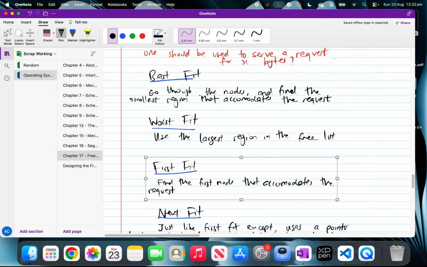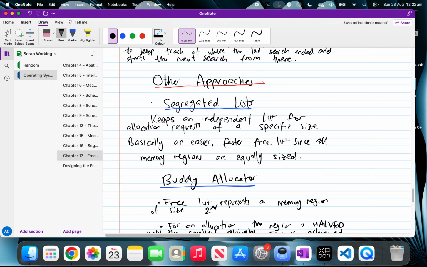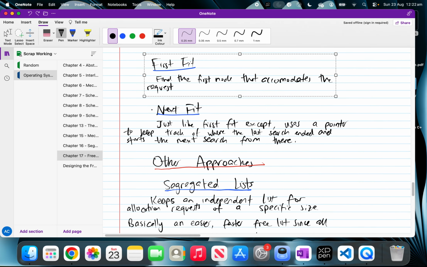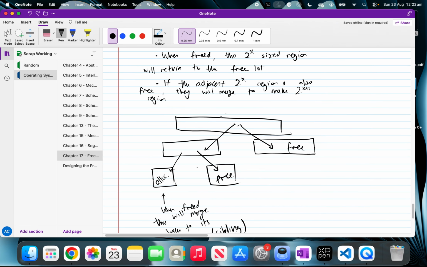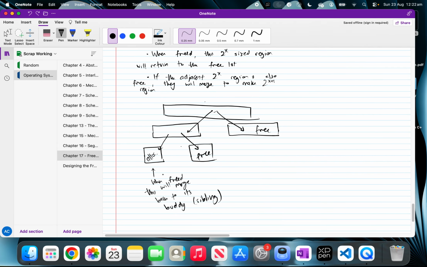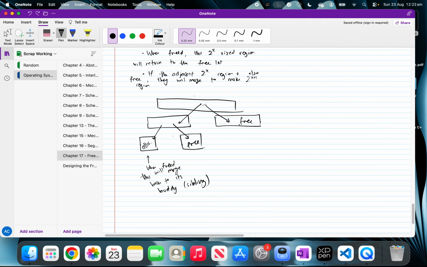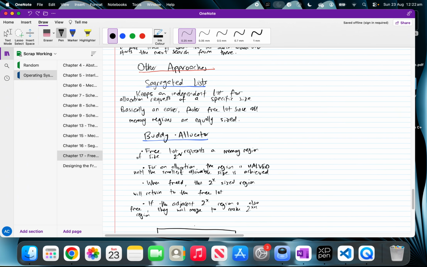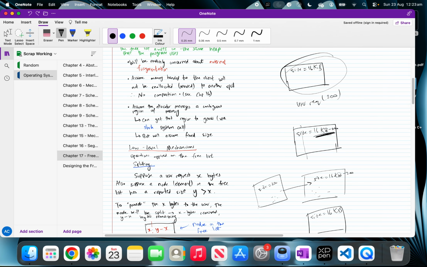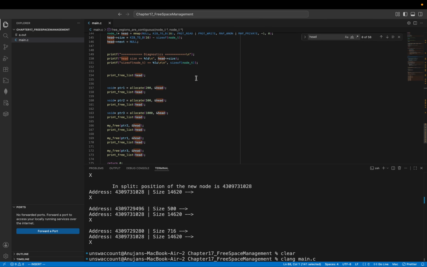So you could extend it by doing that, and there are also more sophisticated methods of doing this free list stuff. Things that are probably a bit more efficient and use more appropriate data structures to make the actual search and allocation faster. So like using BSTs and stuff. Oh, not BSTs, binary trees. And so there's buddy allocator and segregated list, which were the examples in the book, but there are others as well. And yeah, it's probably a good read, but for now I'm very happy just to end it there because I think the holistic understanding is there. So yeah. Anyway,